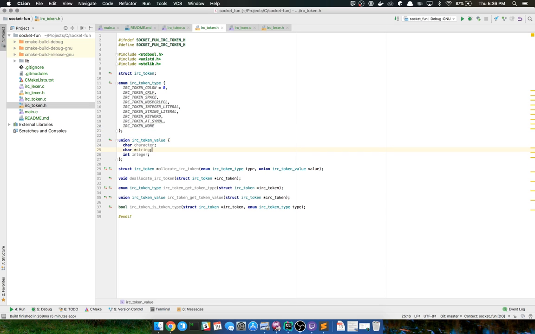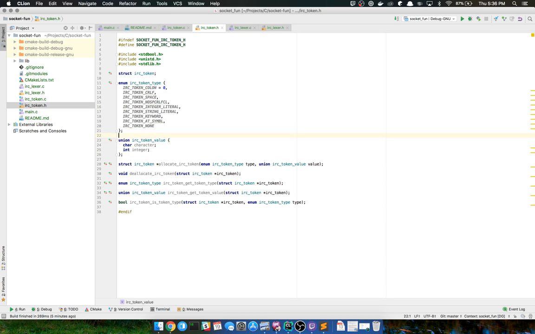And then I decided I don't want to do a string literal, especially not yet. We're just going to call this token character. Get rid of that. And I'm just going to keep it like that for now. So got that quick refactor out of the way.